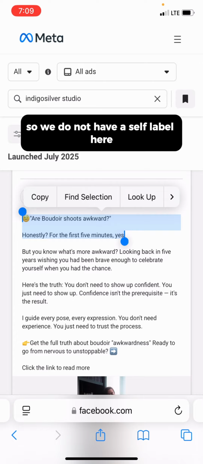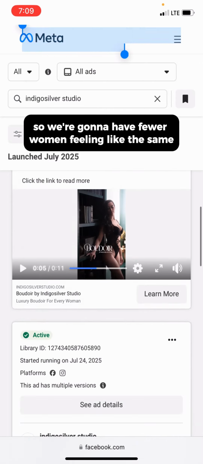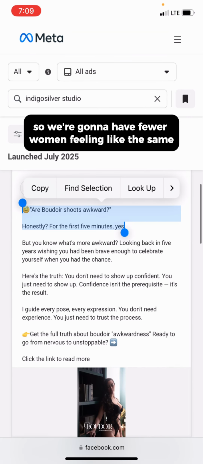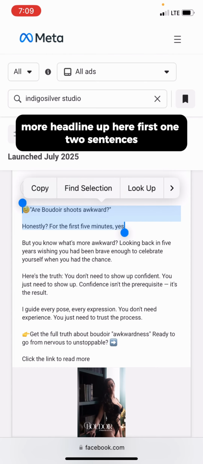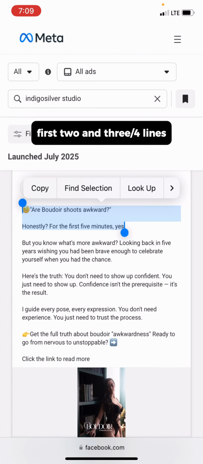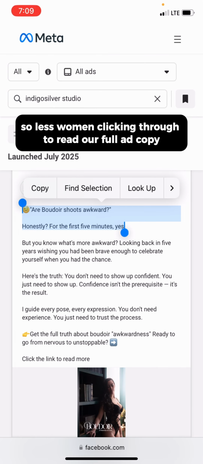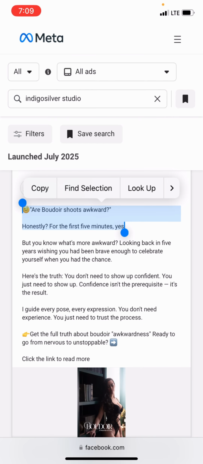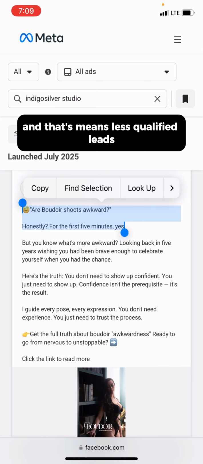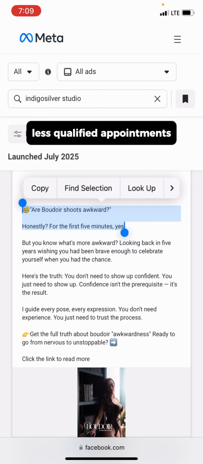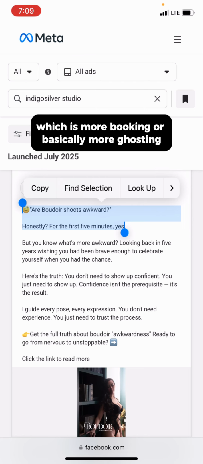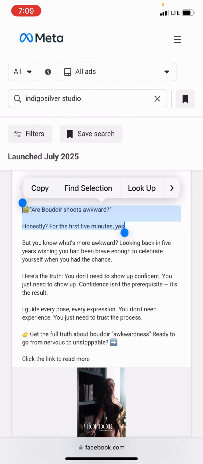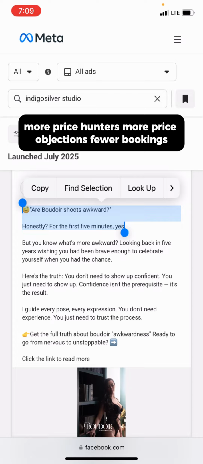So we do not have a self-label here, so we're gonna have fewer women feeling the see more headline up here. It's the first 1 to 2 sentences, first 2 3/4 lines on Facebook mobile newsfeed. We're going to have less women feeling like we're speaking to them, so less women clicking through to read our full ad copy, which means less women are becoming pre-qualified. And that means less qualified leads, less qualified appointments, which is more ghosting, more price hunters, more price objections, fewer bookings,